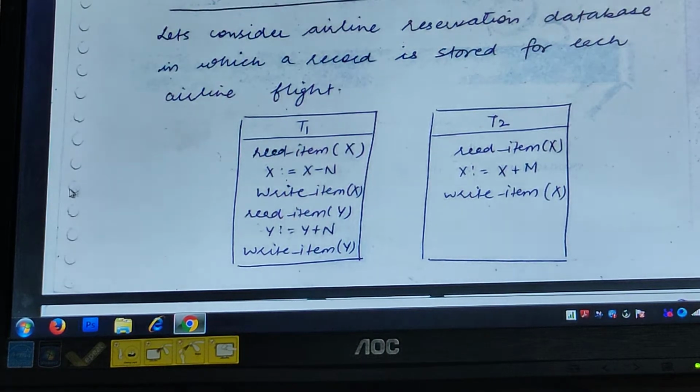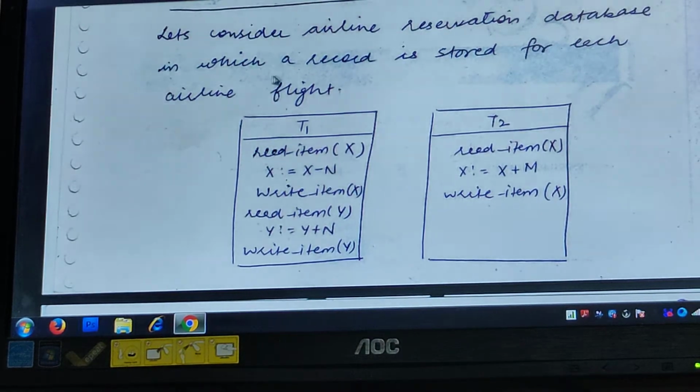In this scenario, we are considering two different flights, X and Y. X denotes the number of occupied seats in flight X, and Y denotes the number of occupied seats in flight Y. T1 transfers N seats from flight X to flight Y, and T2 adds M more seats to the number of occupied seats in flight X. This is what T1 and T2 are doing.